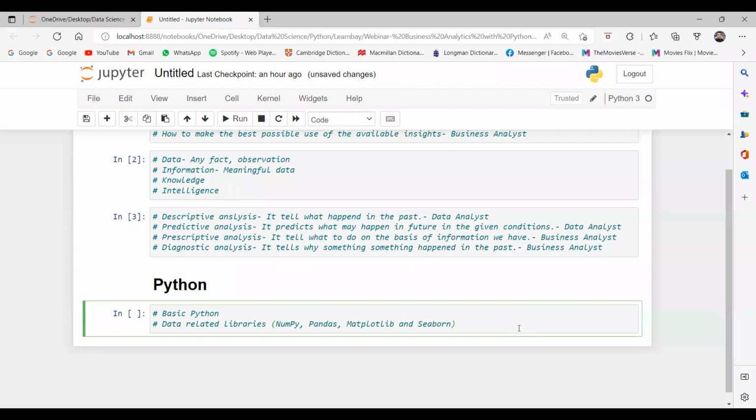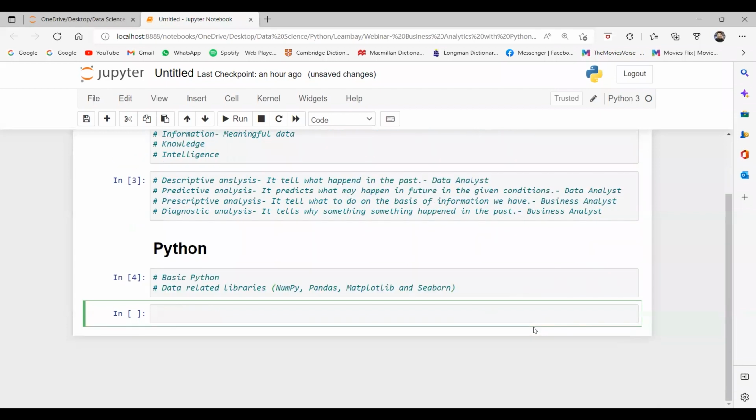Tomorrow we will have a case study and a complete analysis, where we will work on our data set using these libraries. So we should know the basics of these libraries. First of all, let me tell you a few things from basic Python. Let's talk about lists. A list is a data structure in Python, or you can say a container type.